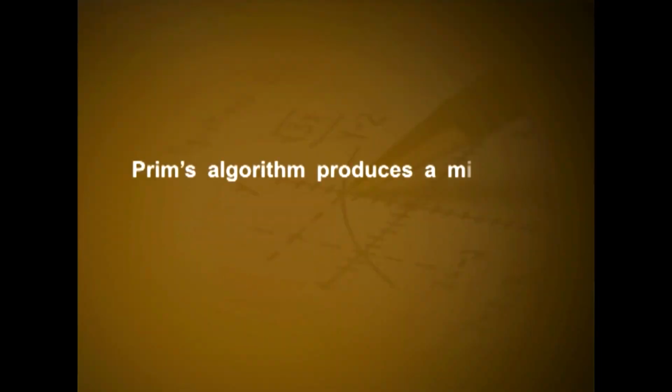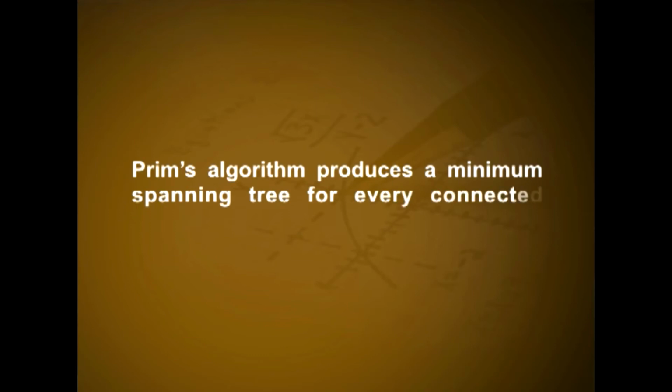The choice of an edge to add at a stage of the algorithm is not determined when there is more than one edge with the same weight that satisfies the appropriate criteria. We need to order the edges to make the choices deterministic. Theorem 2. Prim's algorithm produces a minimum spanning tree for every connected weighted graph. Let G be a connected weighted graph. Suppose that the successive edges chosen by Prim's algorithm are e1, e2, etc., en-1.